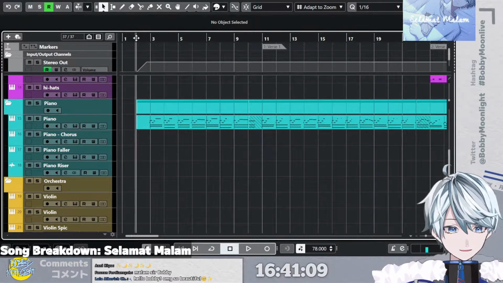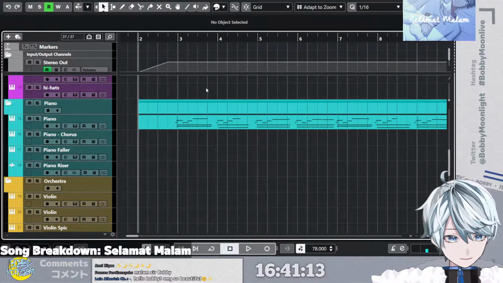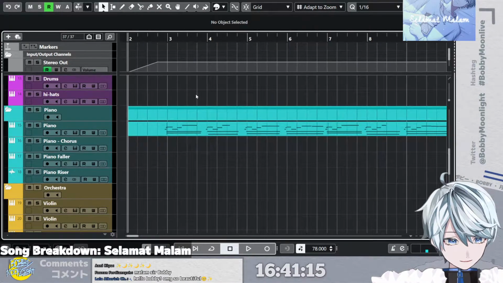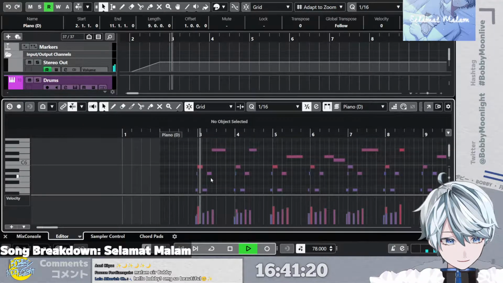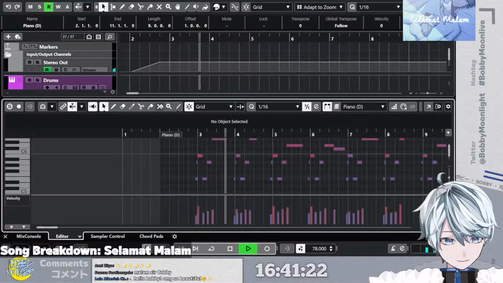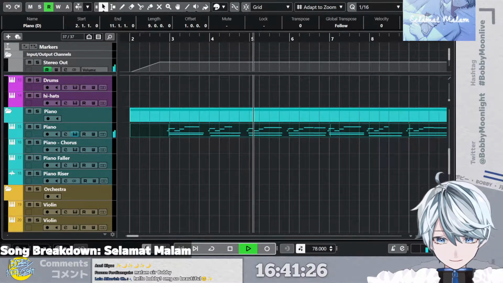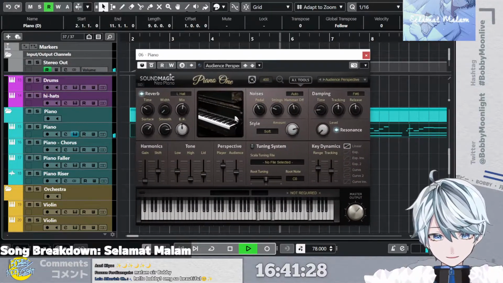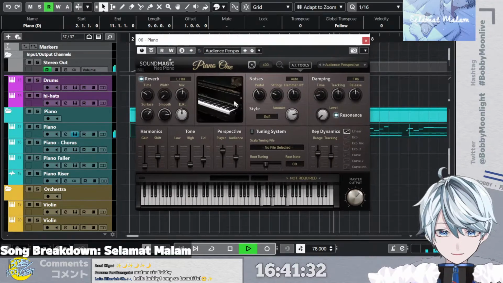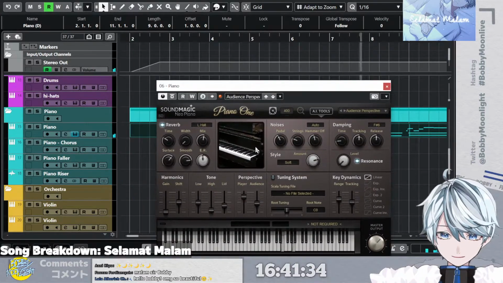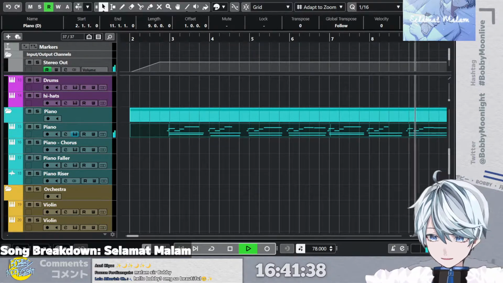For this intro, I started at bar B2 here, the second bar. So this is just a piano. This is a MIDI piano. I'm using a Piano One plugin VST, with this kind of settings. So yeah, it's just playing